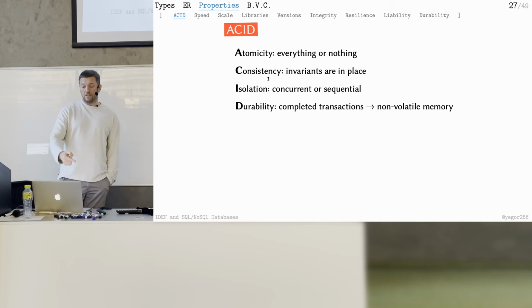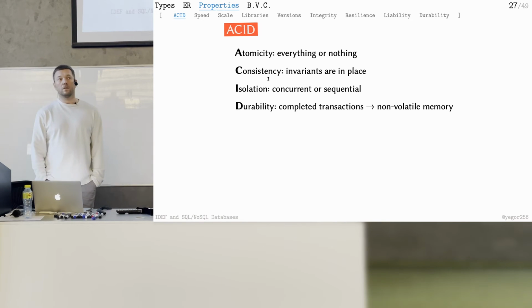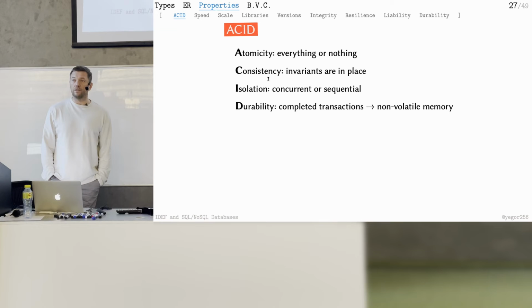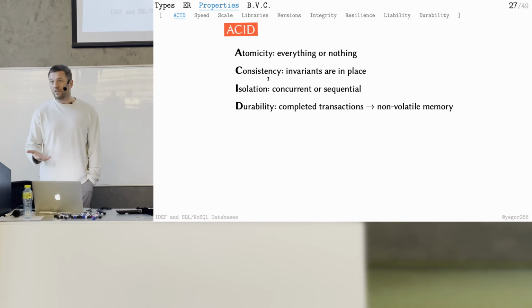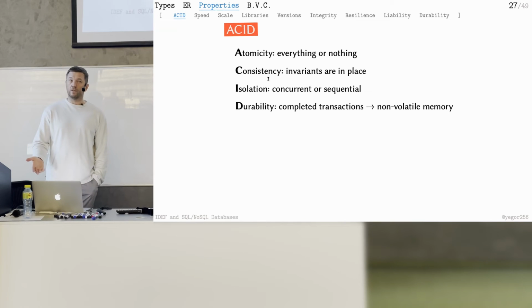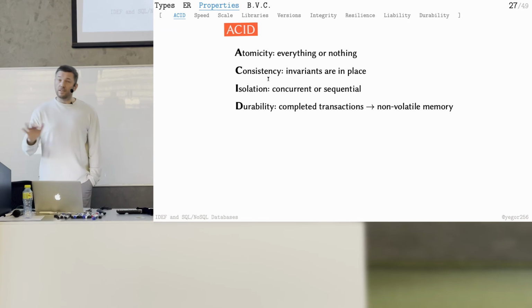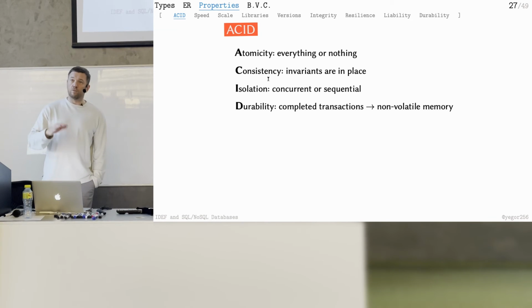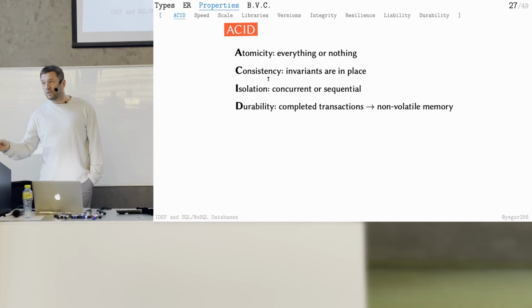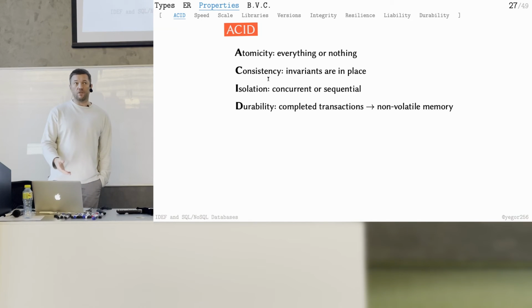So these ACID properties are not something that you get for free. The database has to be designed with this in mind. And when you choose the database, you ask whether ACID is supported. And very often you will get an answer, no, we don't support durability to the full extent. Isolation may work or may not. Atomicity, yes, it works, but with some exceptions. So read more details on how they really support this.